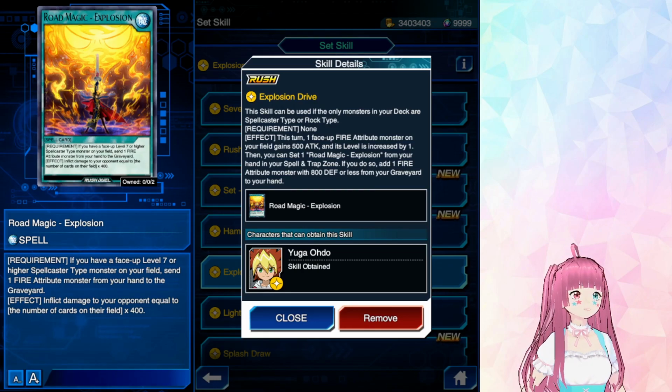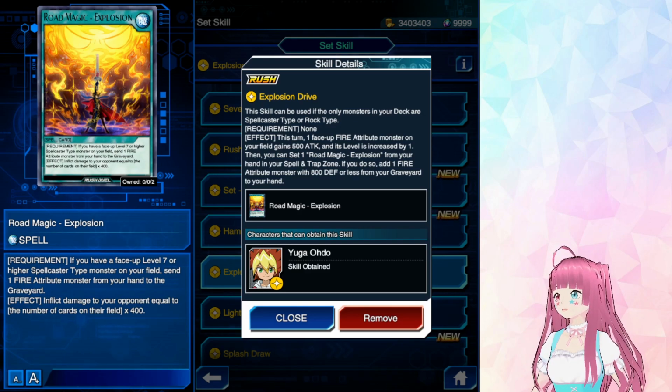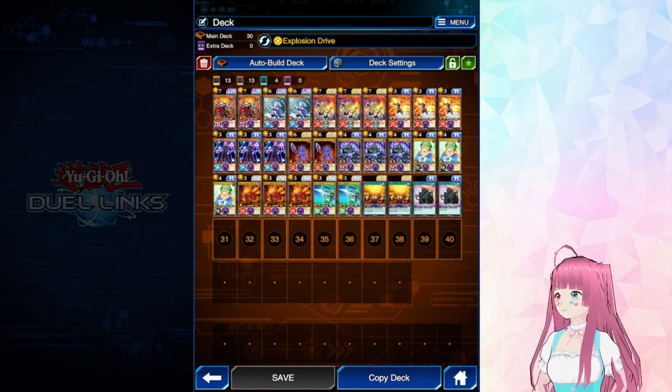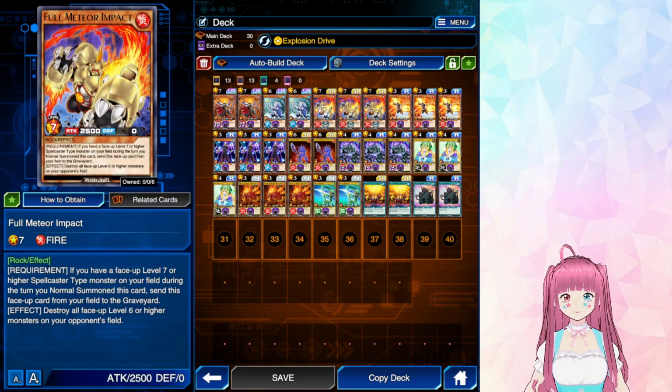Road Magic Explosion deals 400 damage for each card on the opponent's field. That's 1200 if they have 3 monsters, up to a total of 2400 if all 6 zones are filled, or even 2800 with a field spell. However, the skill does lock us into Spellcaster and Rock-type monsters, so we are running 3 copies of a full